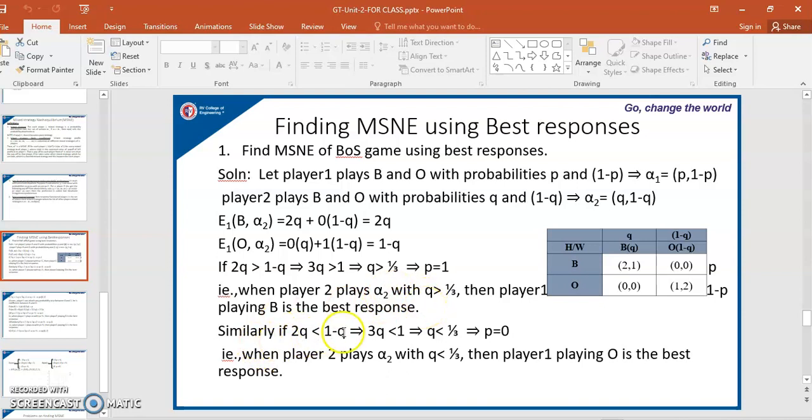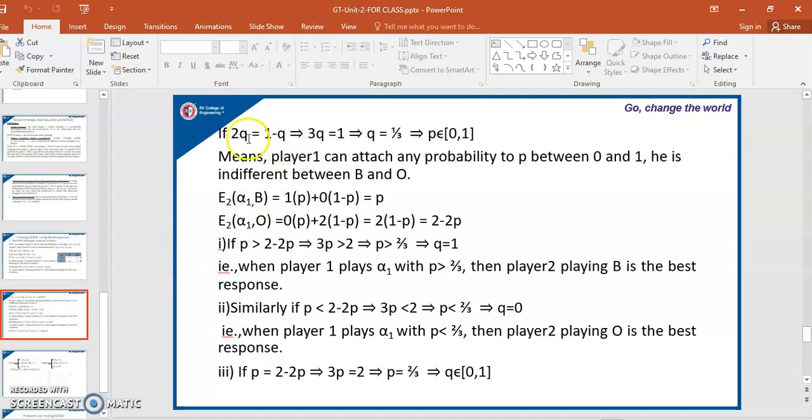Similarly, if 2Q is less than 1 minus Q, which implies Q is less than 1 by 3, it implies P equals 0. That is, when player 2 plays alpha 2 with Q less than 1 by 3, then player 1 playing O is the best response. If 2Q is equal to 1 minus Q, which implies Q is equal to 1 by 3, it means that the player is indifferent between the actions B and O. Therefore, P could be any value in the range